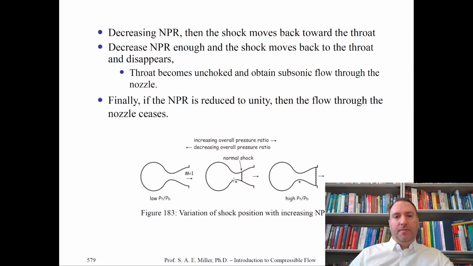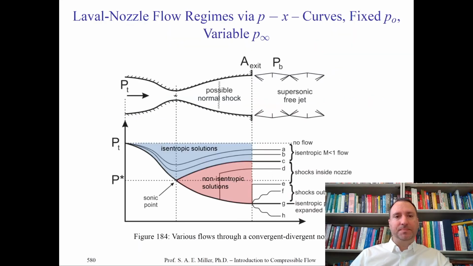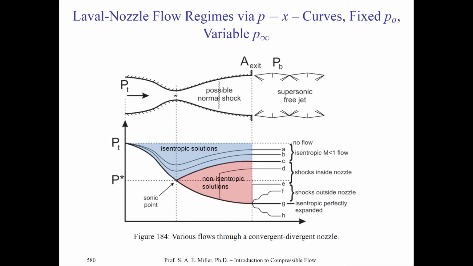Finally, again, if the NPR is reduced to unity, then the flow through the whole nozzle ceases, and essentially the nozzle, or rocket type nozzle or engine, is completely off. That is, you're just shutting off combustion in the chamber in practice. Now let's look at this graphically of all the possible cases that might happen in a shock with respect to